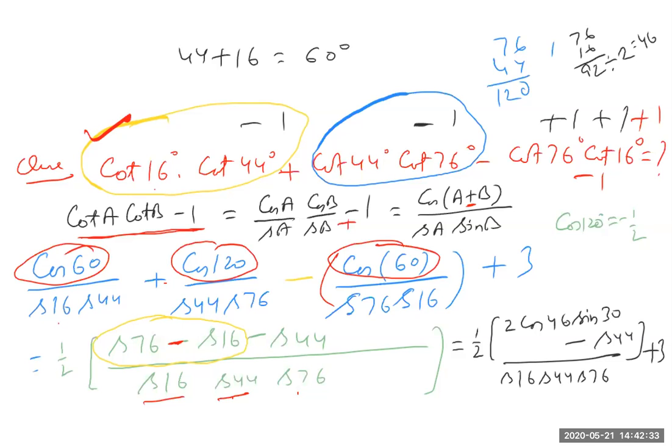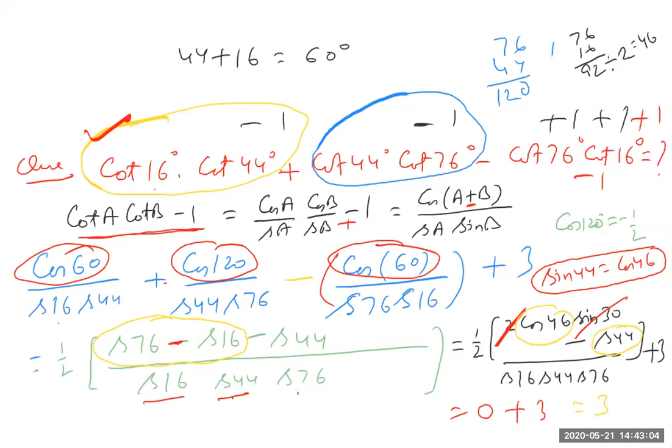So now it is very clear from here that sin 30 and this will cancel out. And cos 46 is equal to sin 44, because sin 44 is the same as cos 46, complement angle. So the numerator will be 0. This is cos 46 and this is sin 44, they will cancel each other. So this will be 0 plus 3. So your final answer is 3. If any doubt is there, anybody having any doubt, ask me. This was asked in advance actually, this problem.